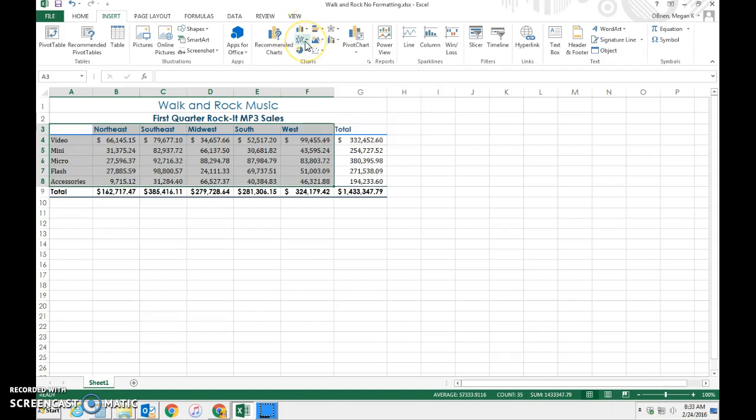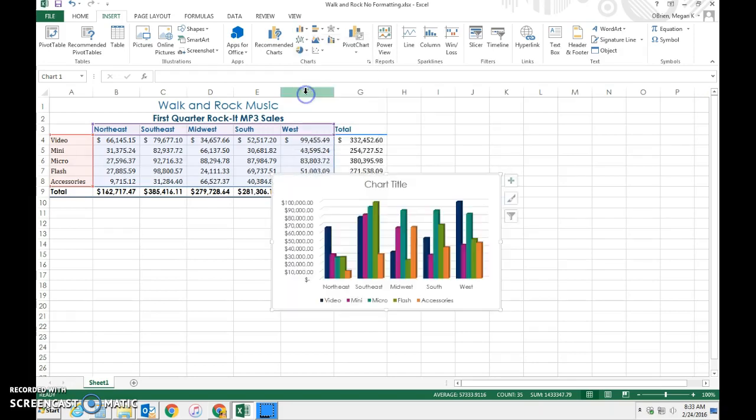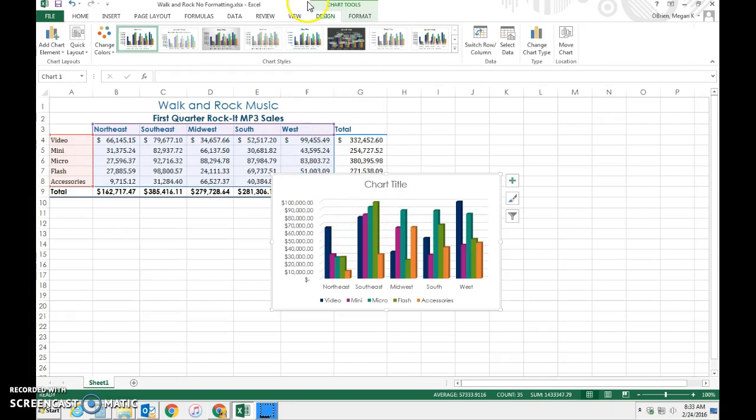Insert column, line. It's this one. So we're going to click down here, or the arrow down. We're going to choose 3D clustered column right here. Now, when this chart is active, you have a new design tab and a format tab. So let's